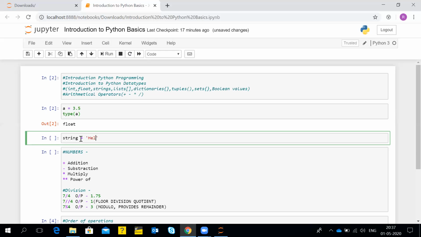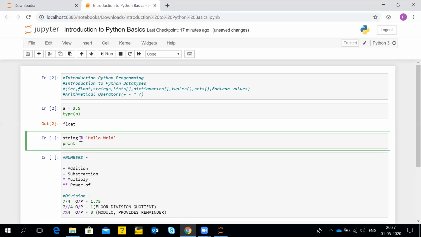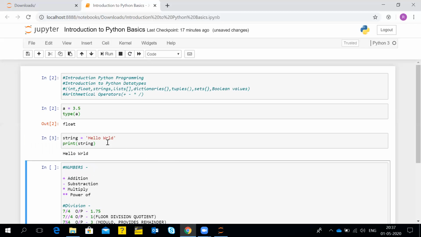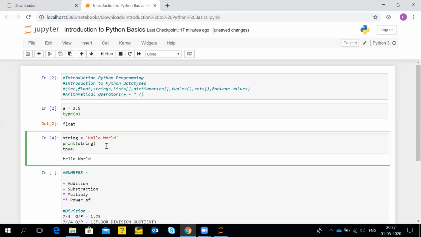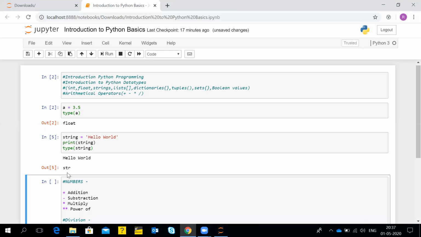Even if you write hello world over here and you hit enter, it will show you the output like that. This tells you that this is a string. If you want to check the data type for this, you can write type and check for string. It will show you that the type of this string variable is string.